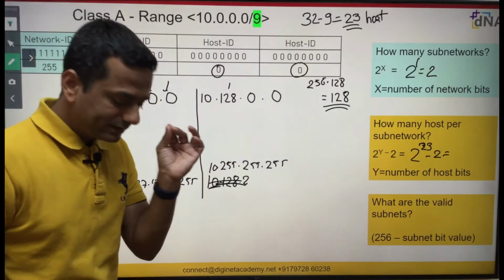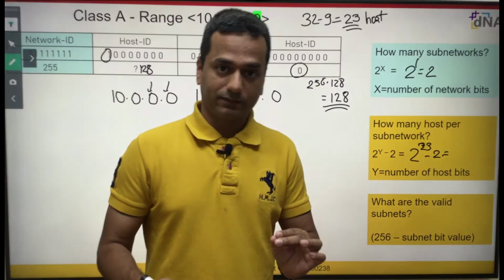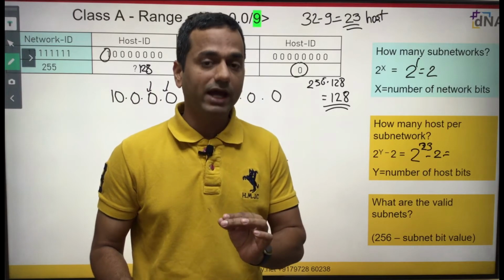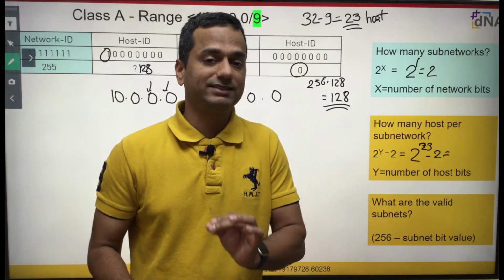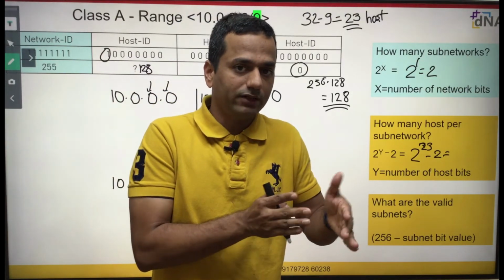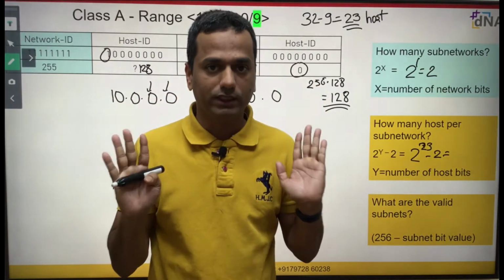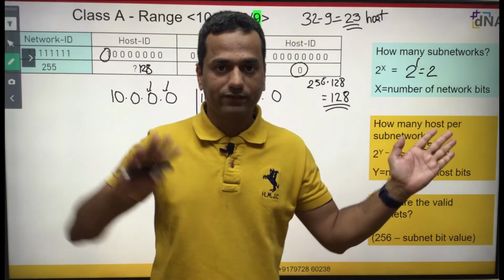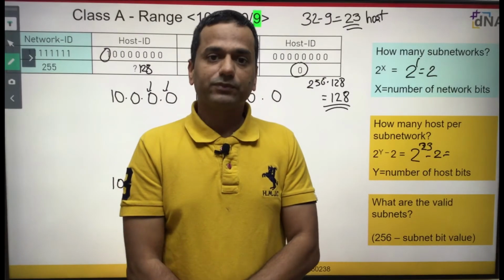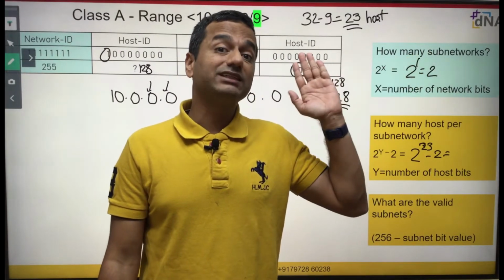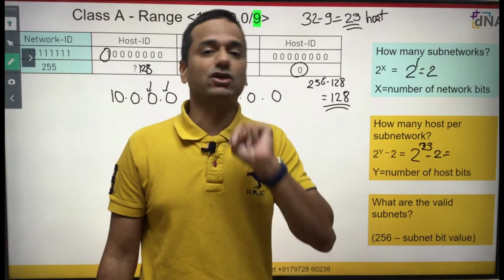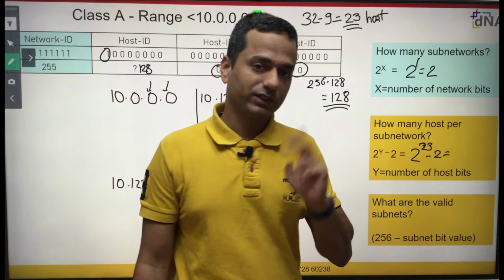That's it. So guys, remember, only focus on the second octet. Why? Because we have borrowed the bits from the second octet. When we borrow the bit from the third octet, we'll focus only on the third octet. We will not look at the fourth octet, first octet and second octet. We'll focus on only the third octet, right? Correct? So till /16 we have to only focus on the second octet. Got it? Perfect. Let's move on.